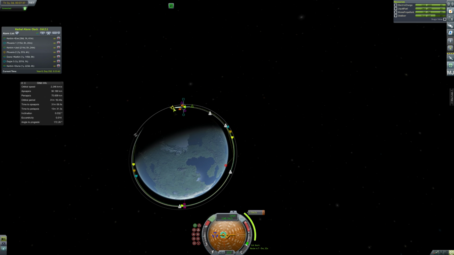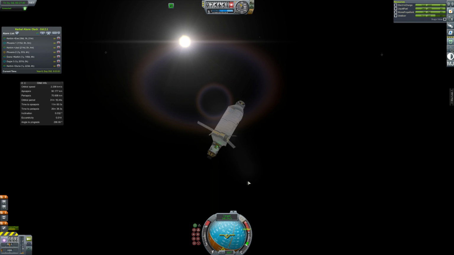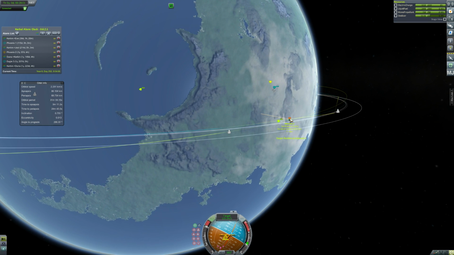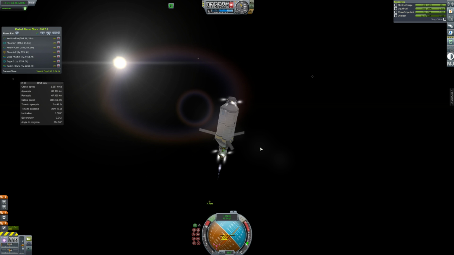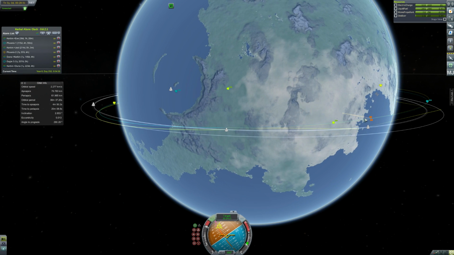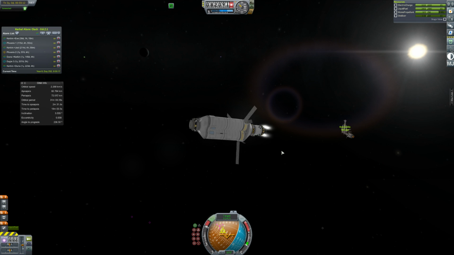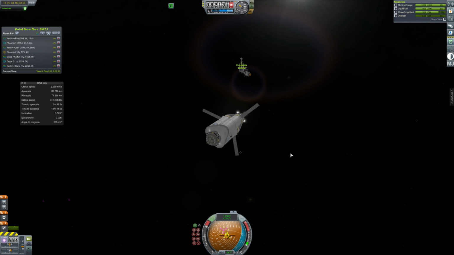We do a quick little fine-tune, and we're going to have ourselves a nice encounter with the Concordia. Then we need to slow down using pretty much all of the fuel in this little propulsion stage, and using the RCS as well. Luckily with MechJeb on, when you throttle up, it also throttles up the RCS, which is pretty cool, I think if you tell it to. So yeah, anyway, we burn out all of that fuel, ditch it, and then...